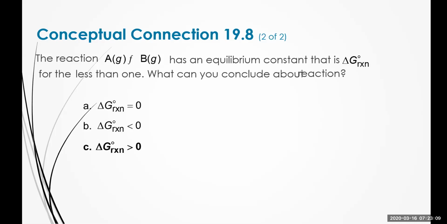Okay. And so then we have a couple conceptual questions, right? The reaction of A going to B has an equilibrium constant that is, all right, I see. My slide has kind of deteriorated here as I transferred it over. Right? So what this should say is the reaction A going to B has an equilibrium constant that is